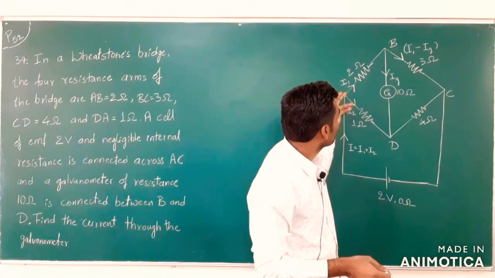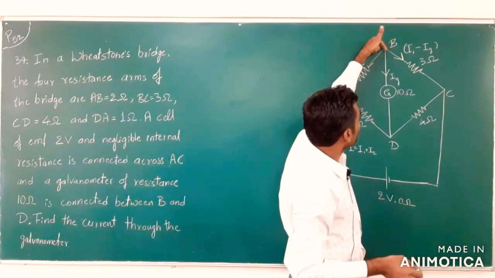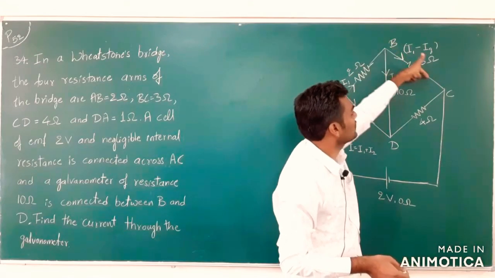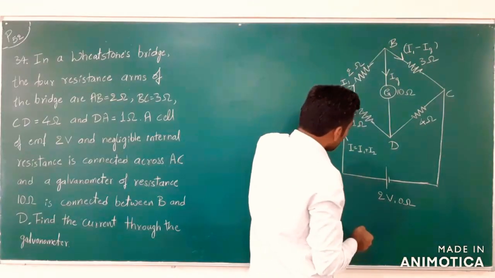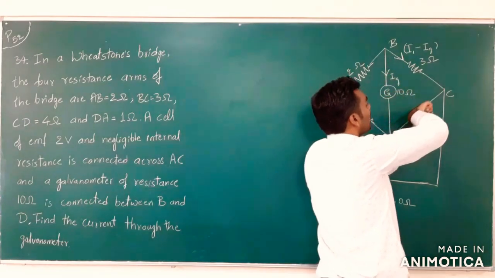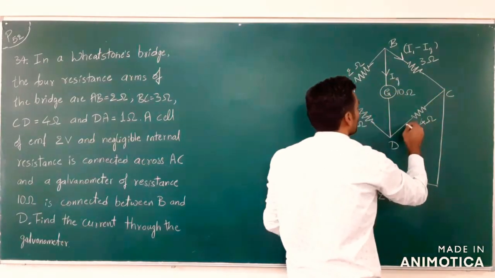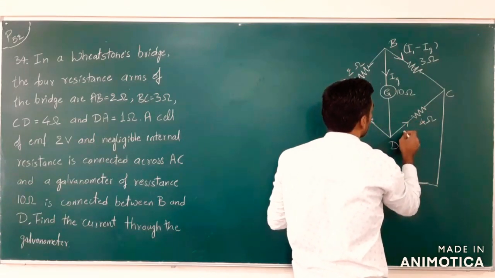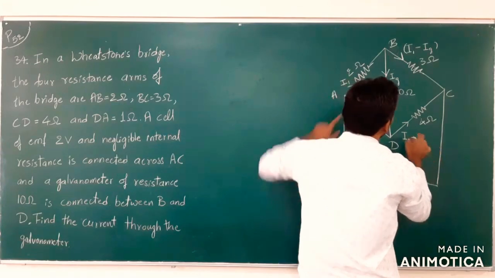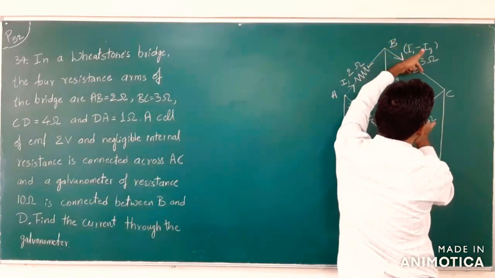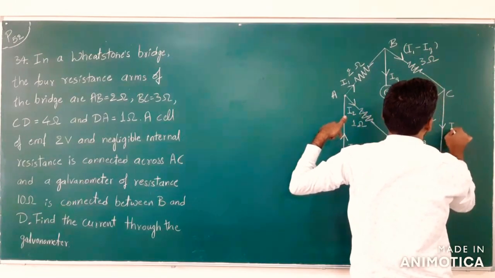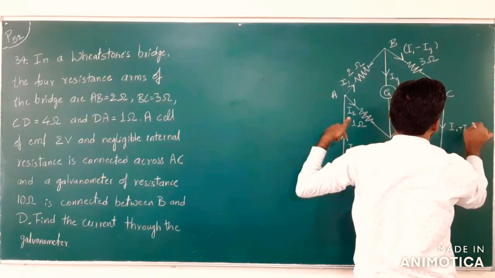You can directly take that the current I1 is coming here, out of I1 IG came out, what is left is I1 minus IG. Next, similarly, I2 was coming here, IG joined this I2 and went through this branch. So this current I will name as I2 plus IG. Now these two currents came to the point C, and once again they are I1 plus I2.